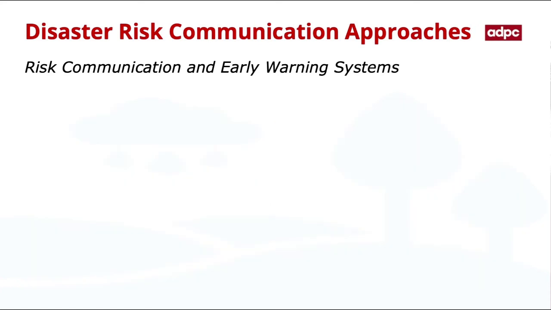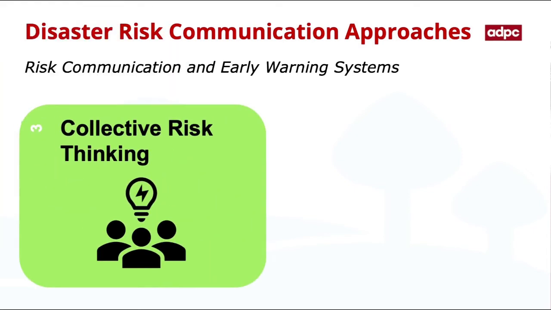The third element of this approach is all about collective risk thinking. This means that we not only look at individual risk, but also at collective risk. This is because the behaviors and actions of one individual can affect the level of risk a community faces. For example, even though young people are less likely to die or have a severe case of COVID-19, they can still spread the disease within a community and expose vulnerable groups.